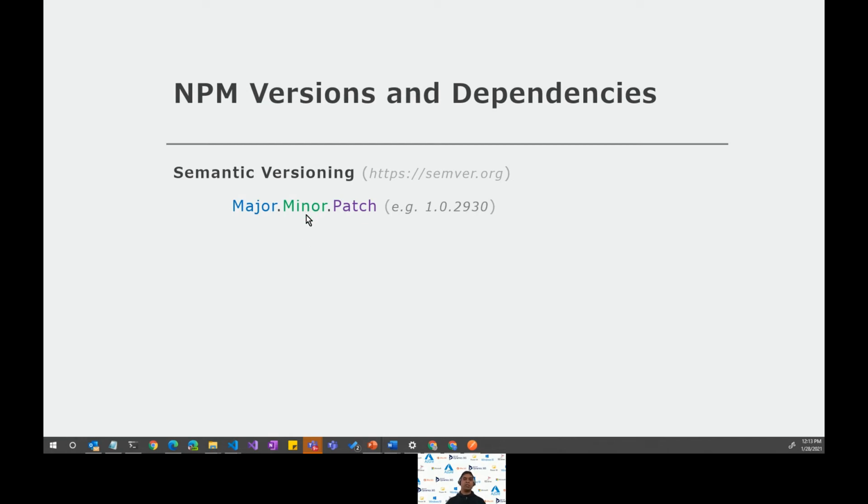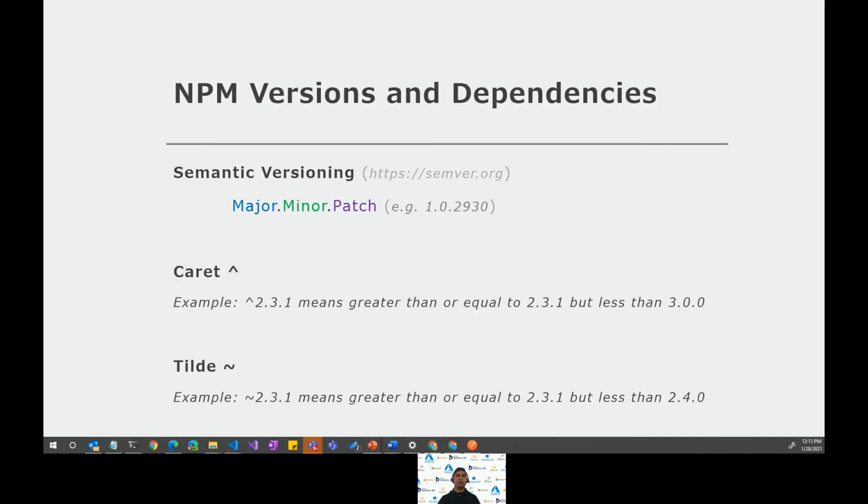When you make a major change or major additions to your project, which makes your project incompatible with your previous older versions, then you increment the major number. That's the standard protocol we use for this versioning. Along with the version numbers, you will see characters like caret and tilde used as prefixes with the version numbers. These give additional control on what versions of the packages your project is compatible with. Tilde is the most restrictive one.